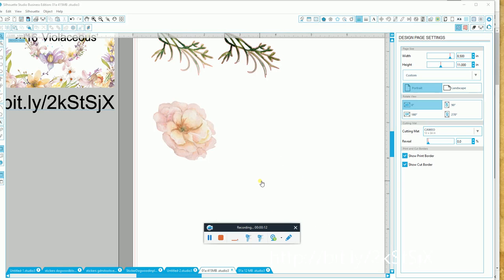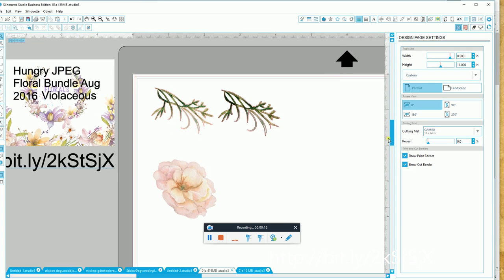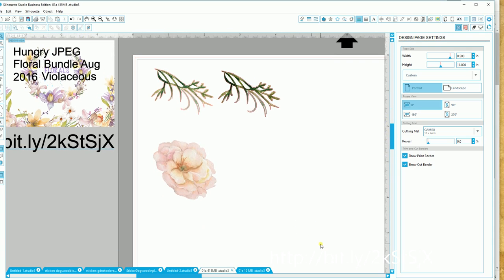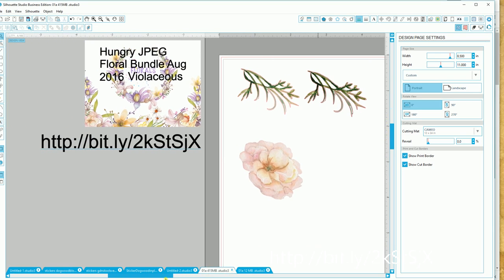If you do a little bit of this every day, just a little bit, you don't have to do too much, you'll get in some fairly good habits and you will learn a lot. Today I'm going to work with this Hungry JPEG Floral Bundle, August of 2016, and a sub element of it